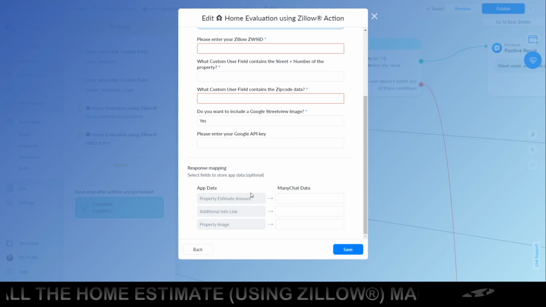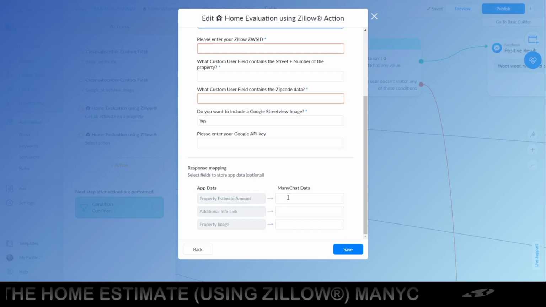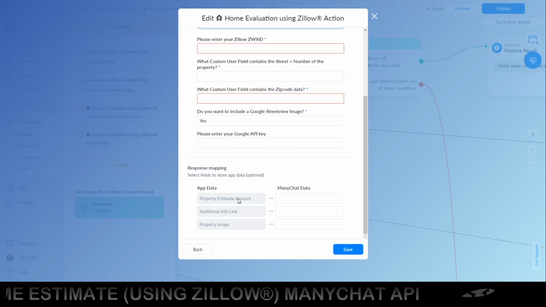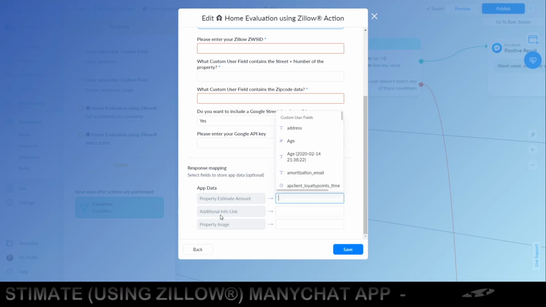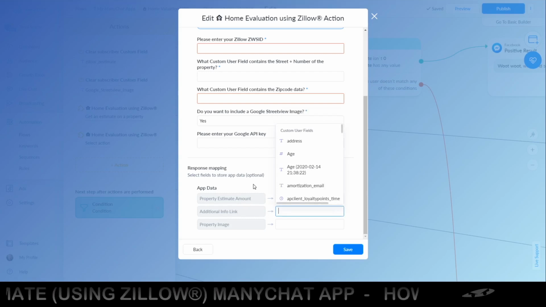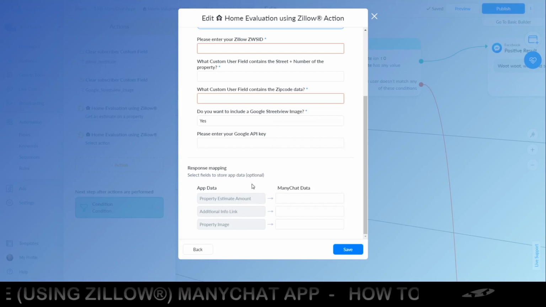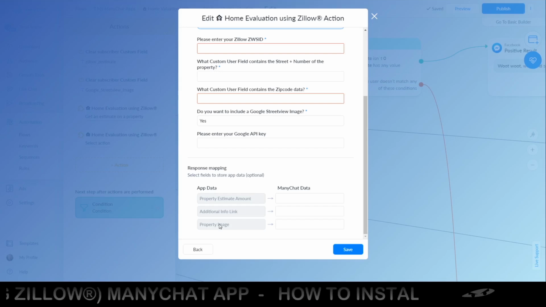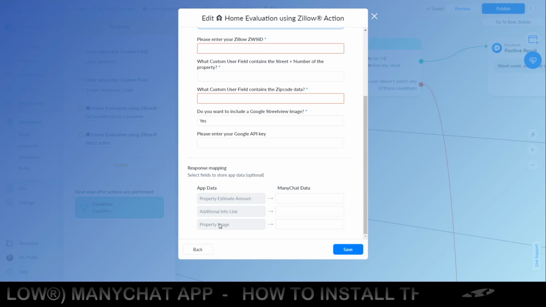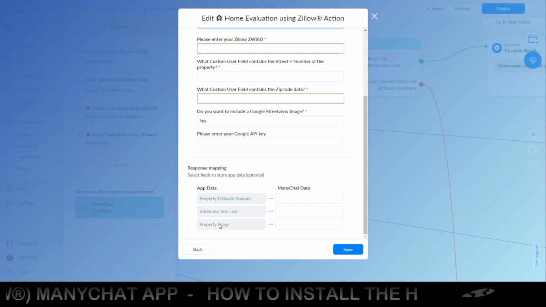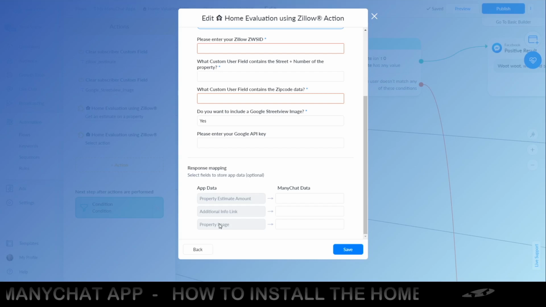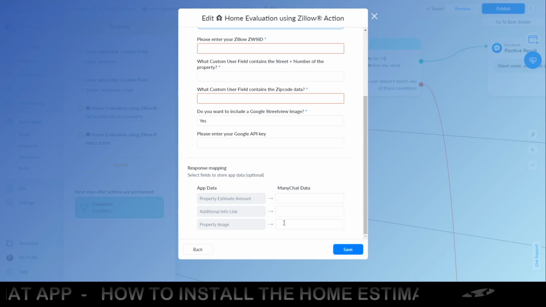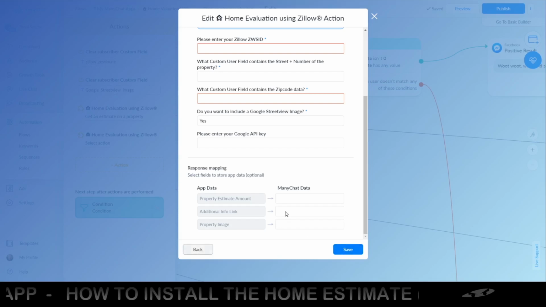Then the custom fields to store the information that we have retrieved, like the estimated value, the additional info link, that's the URL that sends people to the Zillow listing. I think you are even required by Zillow to offer that link, but you have to make sure that is handled in your Zillow account. And the property image, this is the URL to the Google Streetview image. So let's